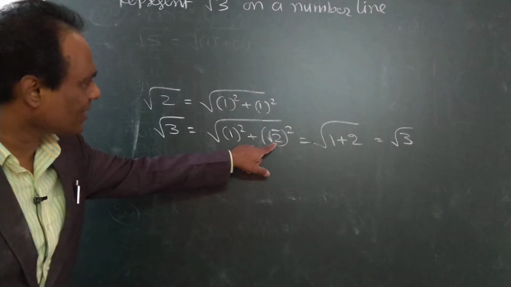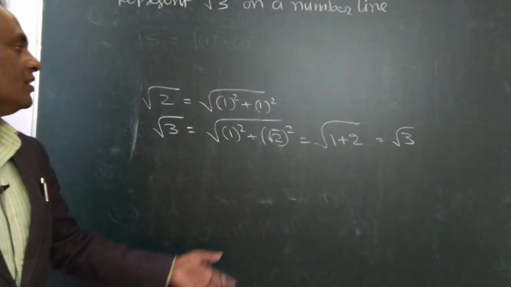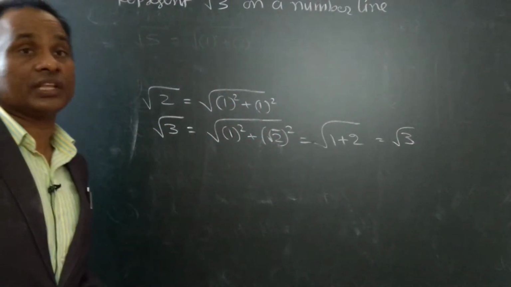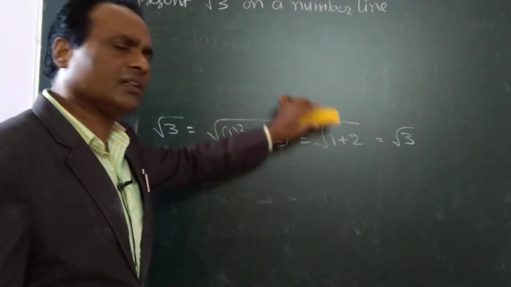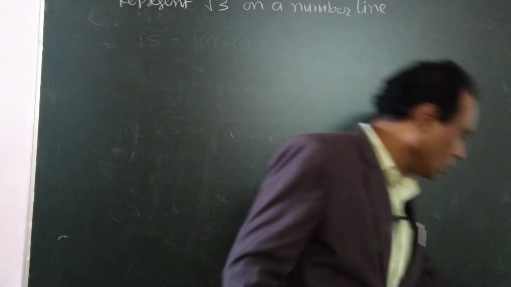So then root 2 again a problem. We cannot represent root 2 on any side. So first we find root 2, then we use root 2, and then we find root 3. So this is a difficult model. Understand this root 3. So then we will conclude this model. Root 3, see here.